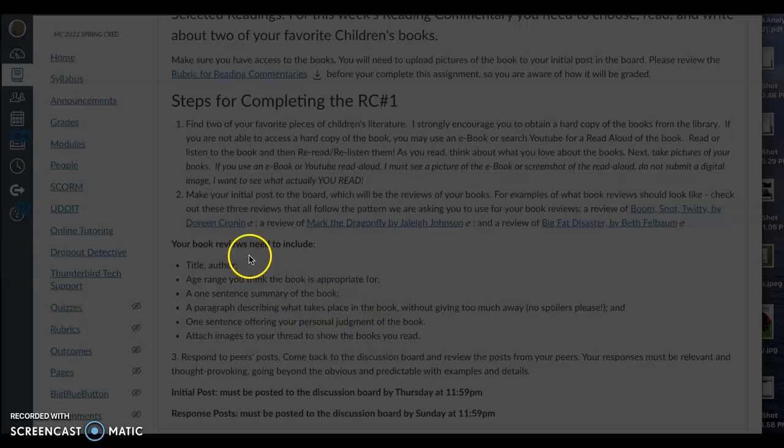Then you will answer all of these questions: the title, the age range, a sentence describing the book, a paragraph describing what takes place in the book, one sentence offering your personal judgment, and your pictures. You will do that for both books and submit to the reading commentary by Thursday, and you'll respond to at least 2 classmates by Sunday. If you have any questions about Module 1, please email me through